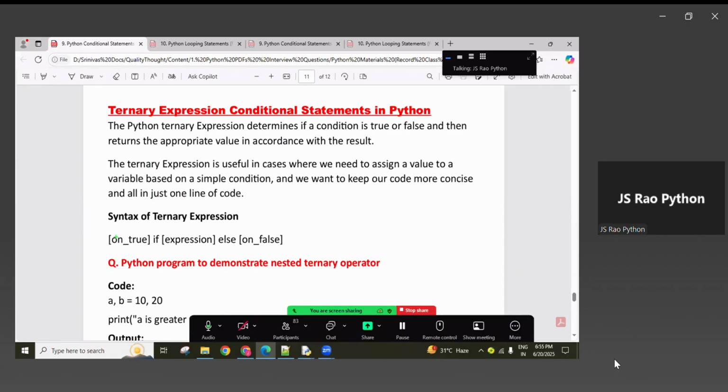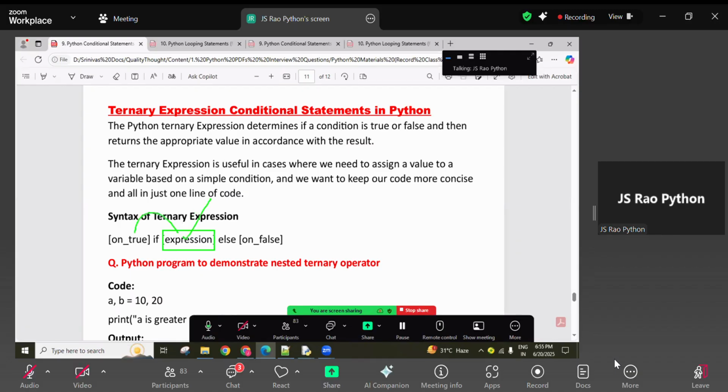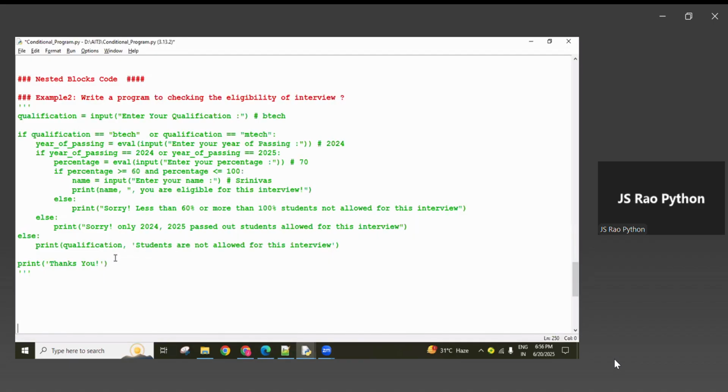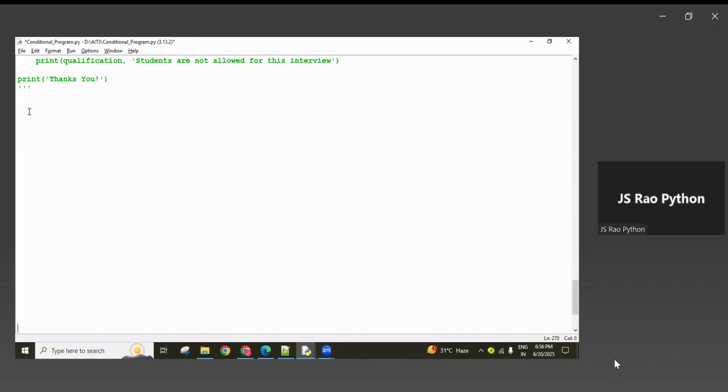So first, syntax focus, guys. See here, if we write some expression, and if this expression returns true, then this value is assigned to a variable. For example, if any variable is there, this value is assigned to this variable. If this expression returns false, else the other value is going to be assigned to this variable. So after the if condition, if this condition returns true, the value before the if can be assigned to the variable. If this expression returns false, the value after the else keyword can be assigned to this variable. Understanding this one? Okay,